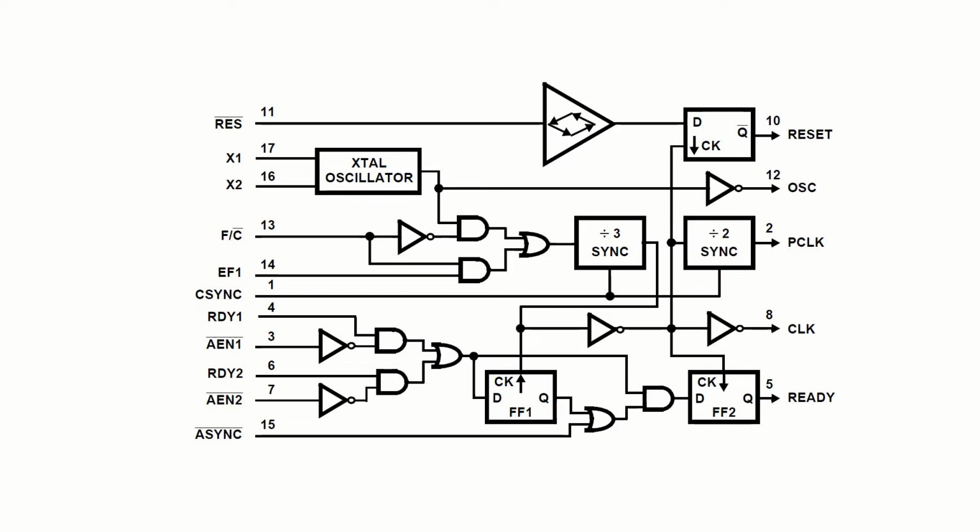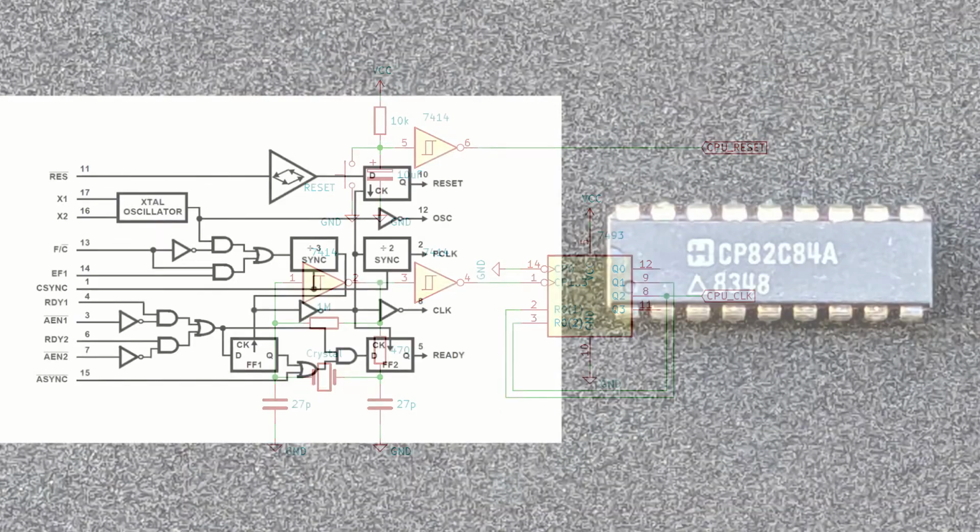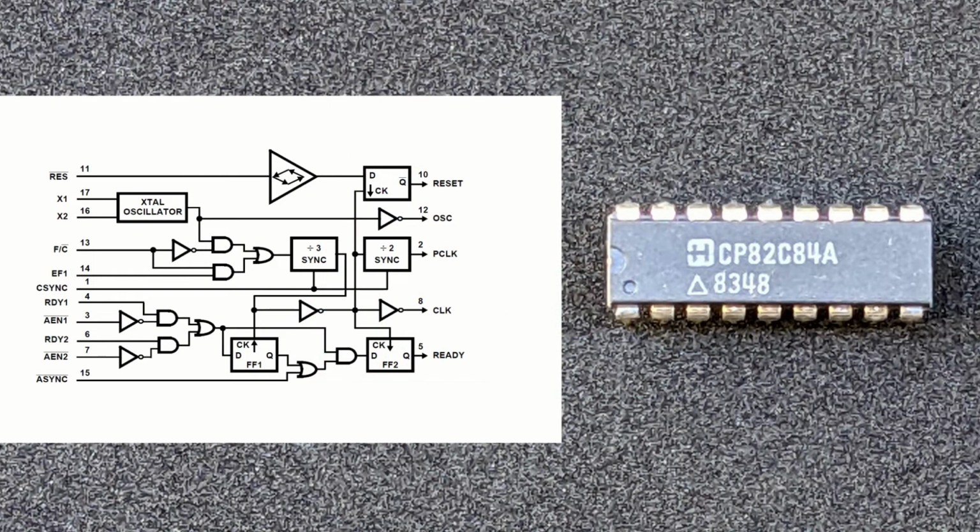I could build both myself, for example like this, but it would take two 7400 chips. The second chip is a counter, because the 8086 needs an asymmetric clock signal with 33% duty cycle. So, to save space on the breadboard, I'm using the 8284, which does all that in one chip. The generator uses a crystal whose frequency must be 3 times bigger than the output clock signal. That's because of the counter dividing the frequency in order to form the 33% duty cycle.